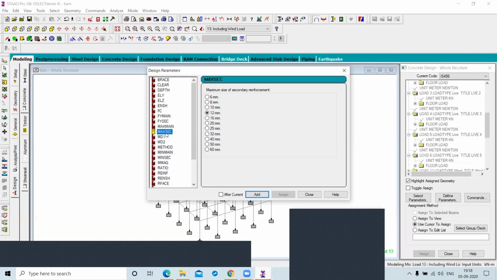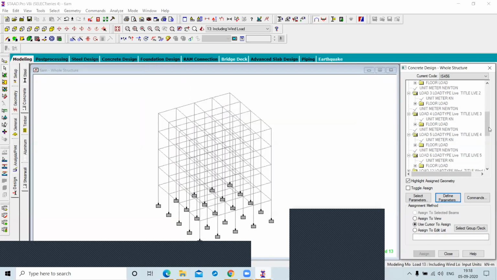How much? 10. And minimum secondary bar? 8. Click on add. So these are the design parameters you have to assign. Click on close button.